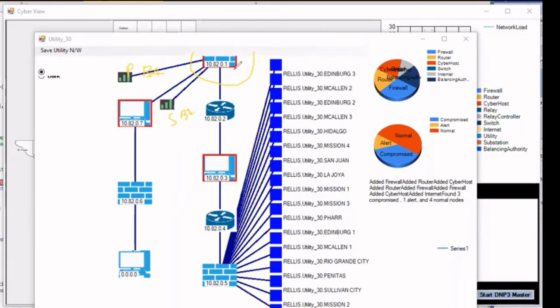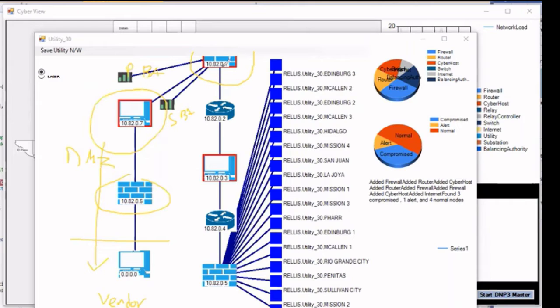And there is a device in the DMZ, protected by another firewall, to interact with the data required from the internet. It could be a vendor or any other application that interacts with the internals of this utility control center.